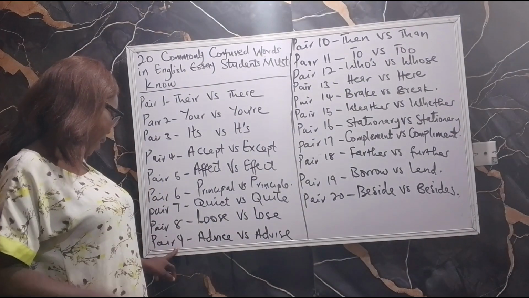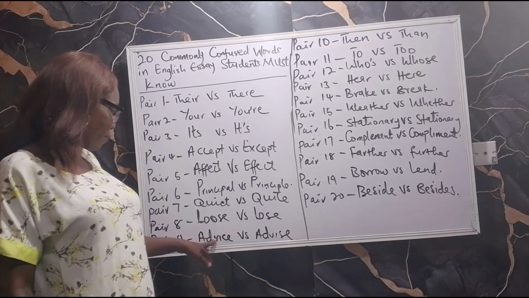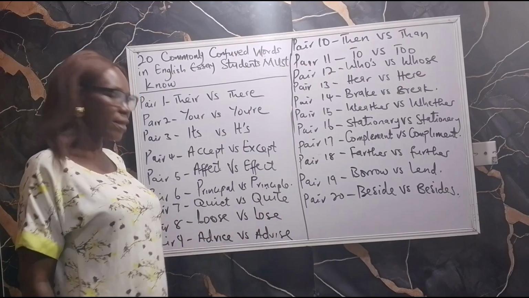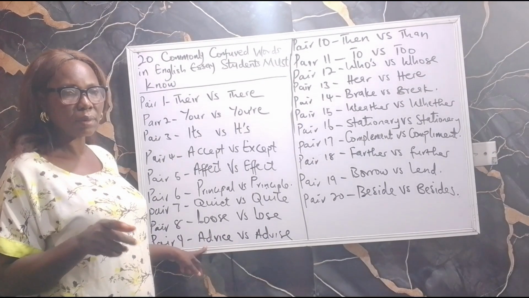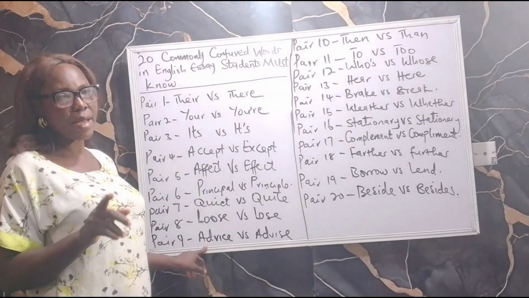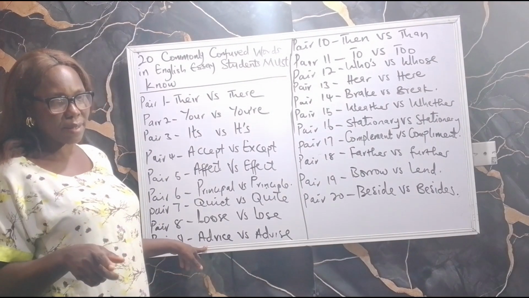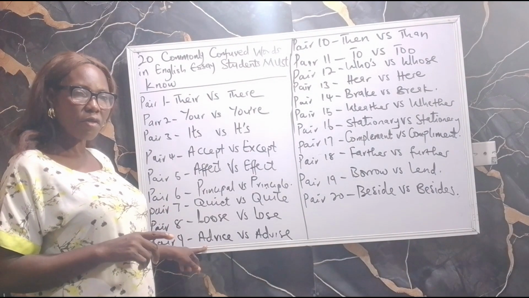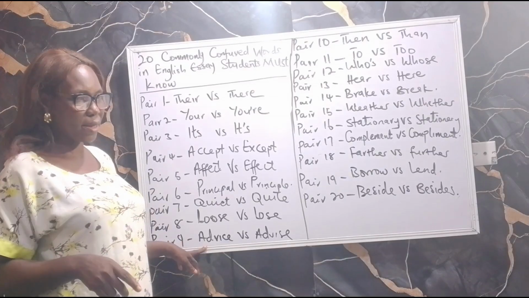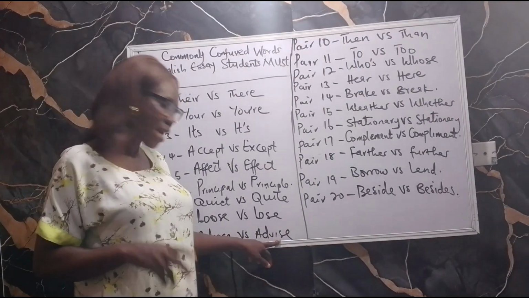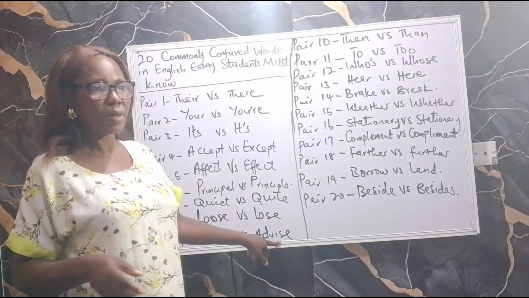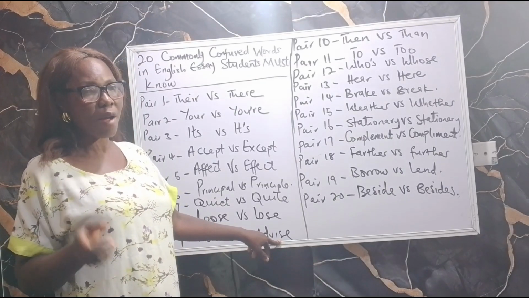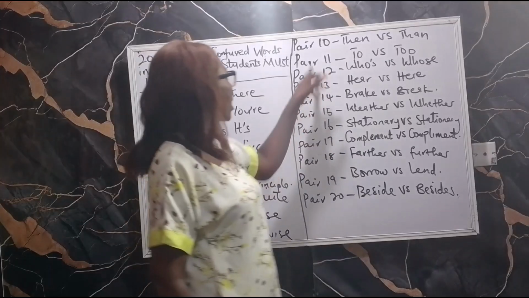Okay. Then pair 9, we have advice versus advise. Advice here is used as a noun. Thank you for your good advice. Or thank you for the advice. Then advise here is a verb. You use it as a verb. For example, I have advised you to avoid that company. Then pair 10, we have